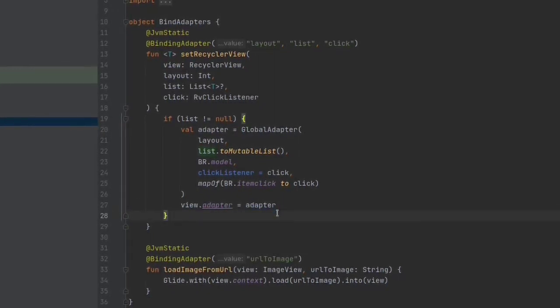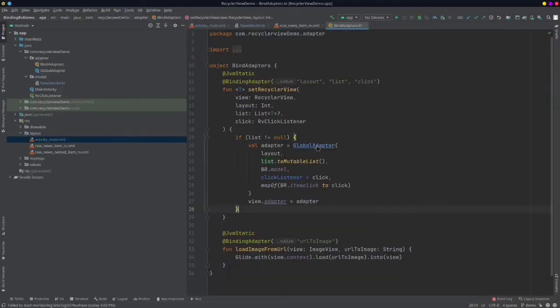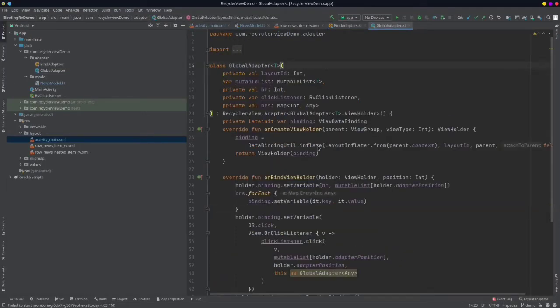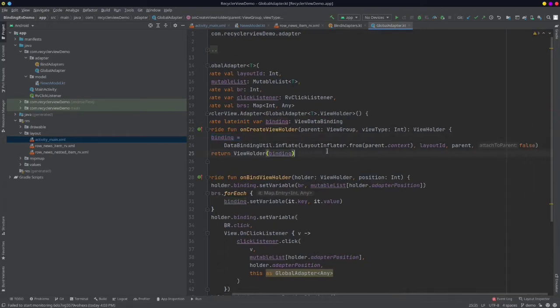So now let's move to the good part, which is the global adapter. We have already discussed the parameters here, and as I have told before, I am using data binding here. So for data binding, in onCreateViewHolder, I am initializing my data binding with the DataBindingUtil and passing the layout ID, and we don't want to attach it to the parent.